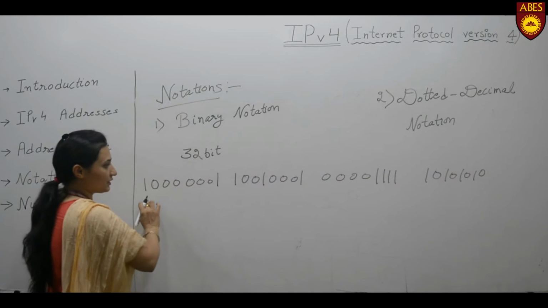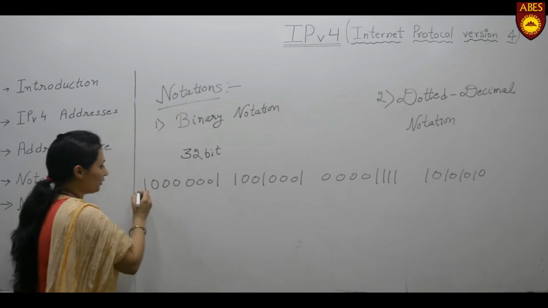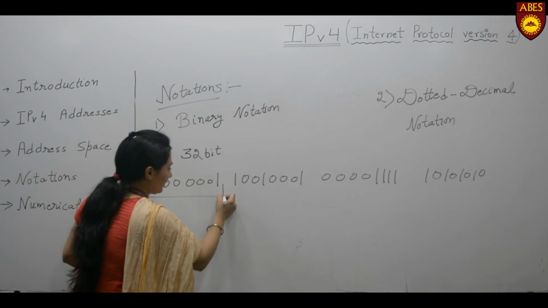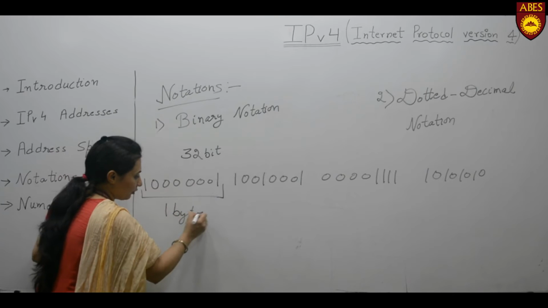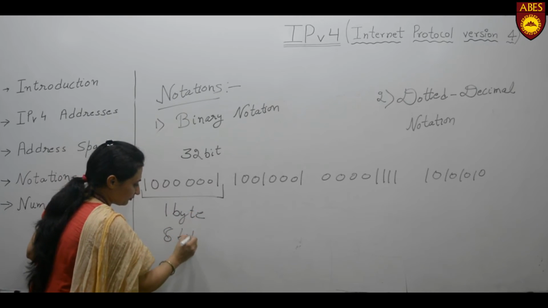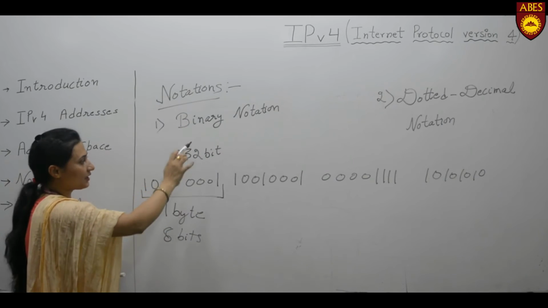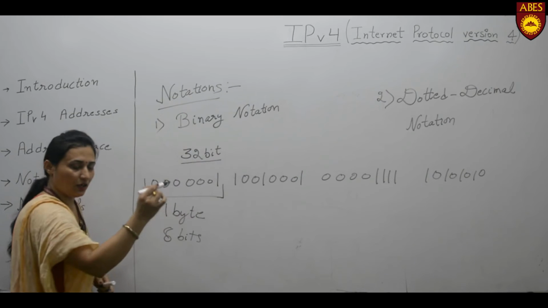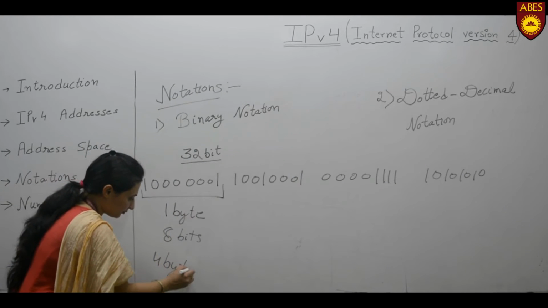Here we can see that there are 32 0 and 1 sequence, and if we see it clearly, we can see that it is 1 byte of 8 bits. So we can say that IPv4 addresses are 32-bit addresses, or we can say these are 4-byte addresses